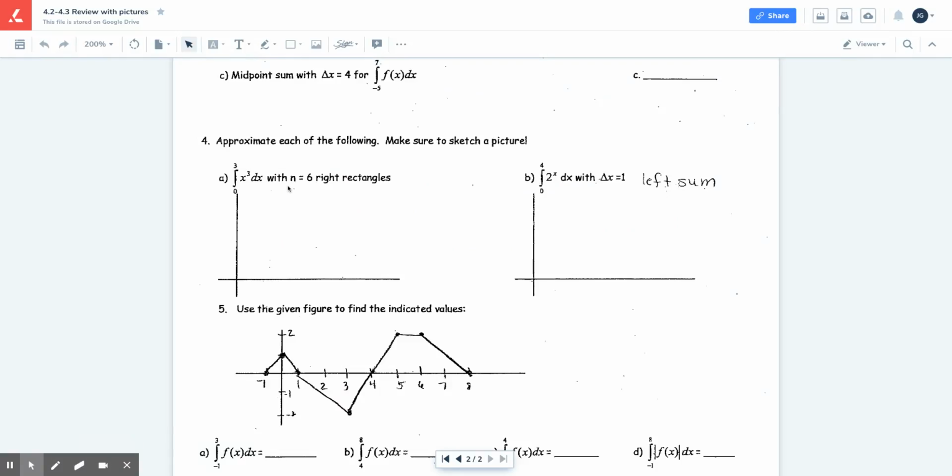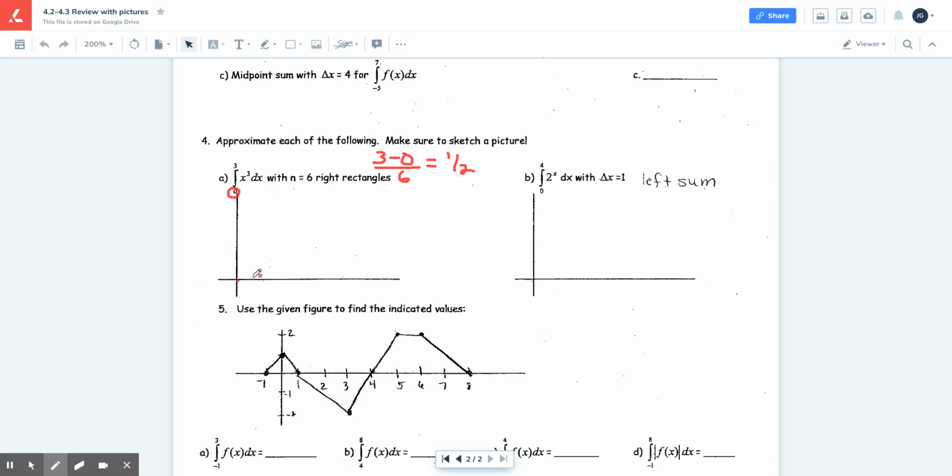All right. So the first thing we want to do is the graph, it doesn't really matter. What does matter is you start at 0, whatever that number is. That's here. That's our first x value. Then you need to figure out what delta x is. So b minus a over n, which is 6, and that gives us 1/2,